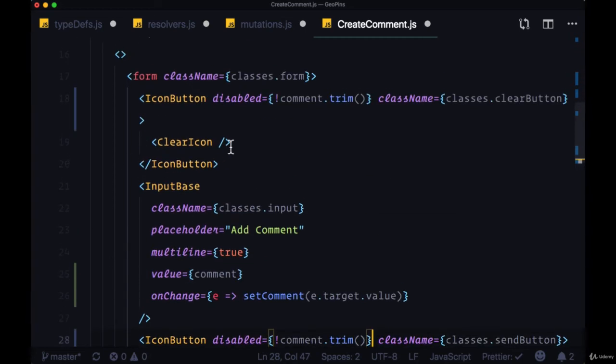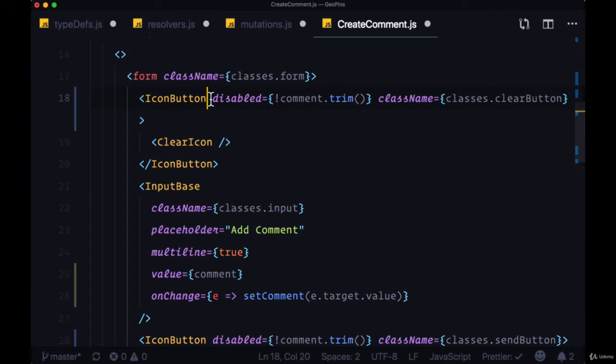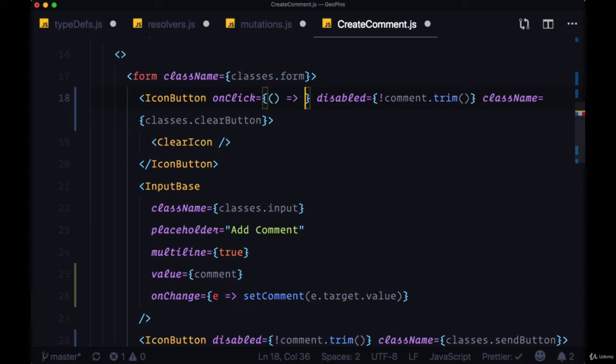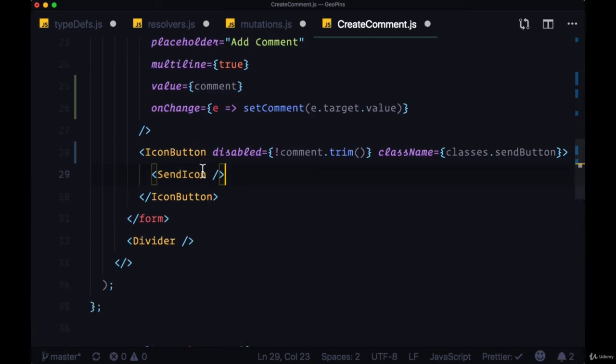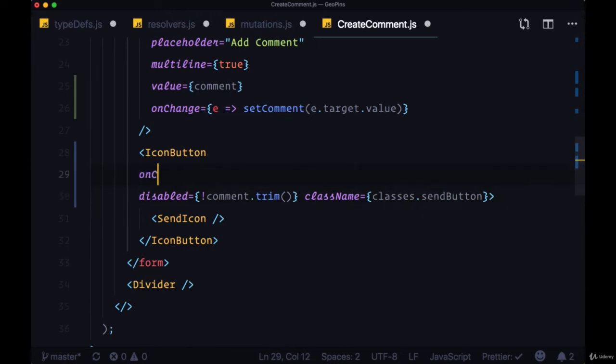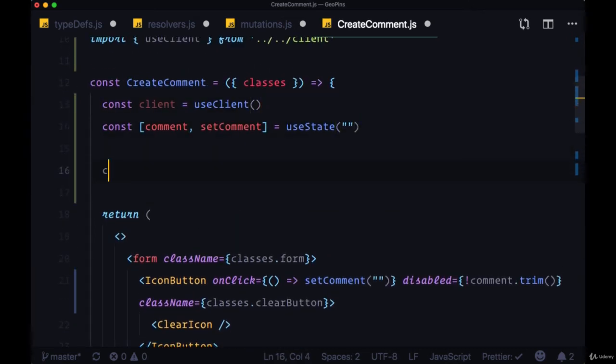And then this first button will be to clear the input. So we'll add an onClick here and an inline arrow function where in the return we'll just execute setComment and pass in an empty string. But for the send button, the button to the right, we'll add an onClick, which will be linked to a new function called handleSubmitComment. So above our return we'll write handleSubmitComment,